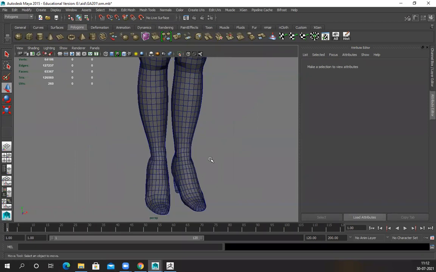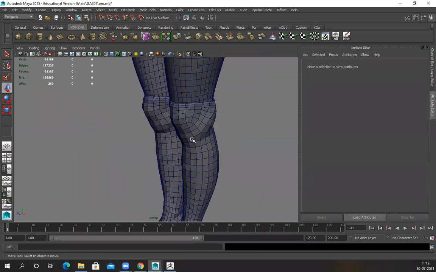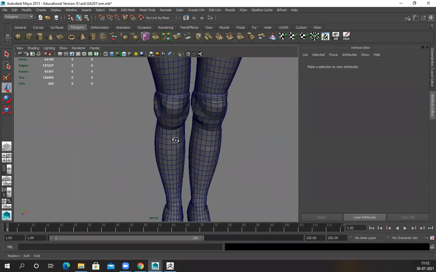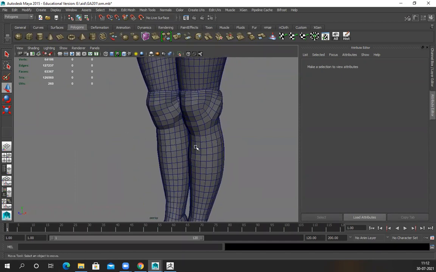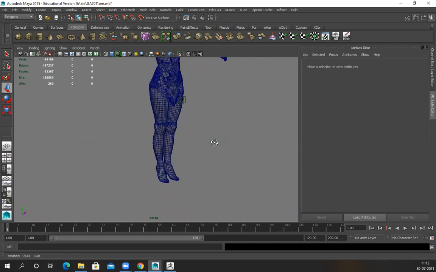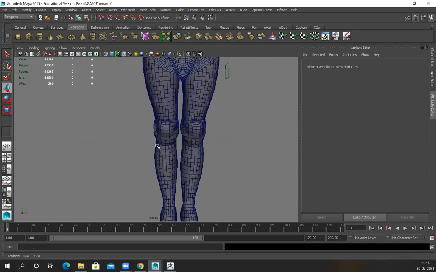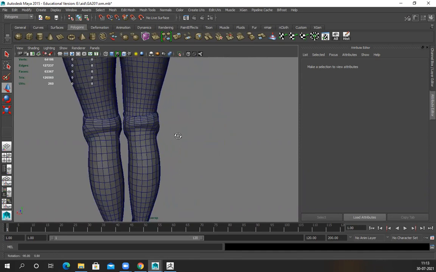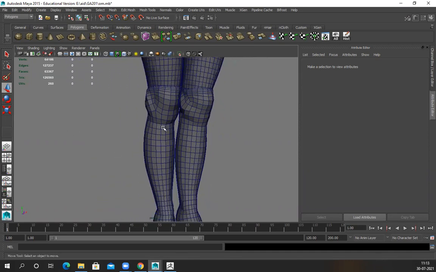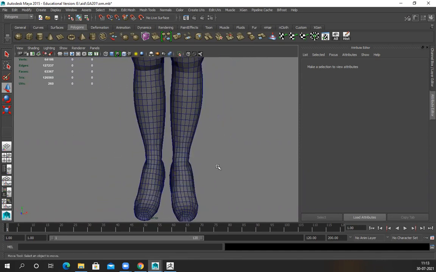You can see this shoe remesh worked really nicely. You can see the topology, mesh flow, everything is very good. So for a few of the parts it will work beautifully. You don't have to do anything. But for a couple of parts you have to retopo. There is no other way. Those things you have to check. So you can see it's really nice, clean topology, and the shape and everything is retained nicely.